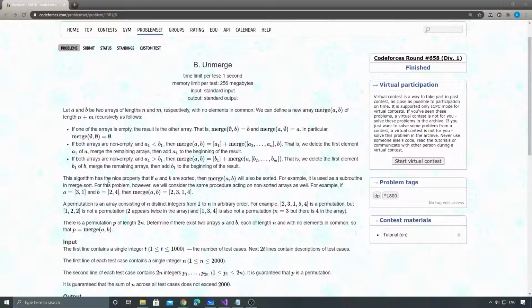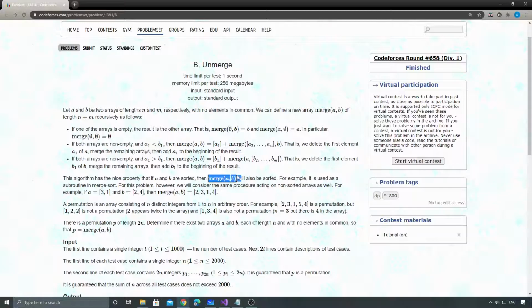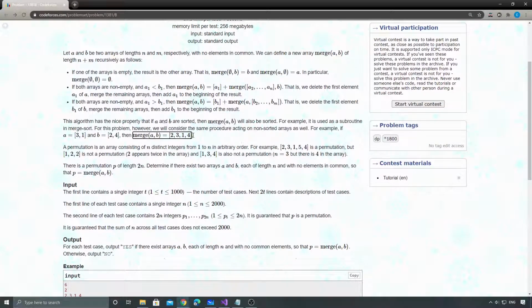And here it says the algorithm has a nice property that if A and B are sorted, the merge of A and B will also be sorted. That's basically how merge sort works. But even though we have this merge logic, we don't necessarily have to use it on sorted arrays. Here we're using it on an unsorted array. And then you're given a permutation of n distinct integers from 1 to n. And then it asks, given a permutation,